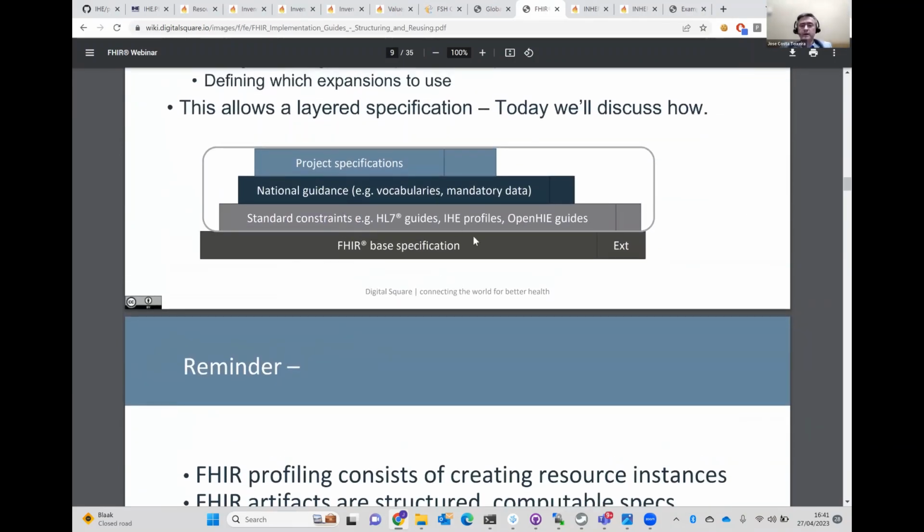Correct. So I used these slides before. So you have FHIR base, and you can have standard constraints like a pyramid building on top of this, and you can have your national guidance, and then everyone can do their own things. But if I want to be conformant with the national guidance, then most likely I will depend on it to not deviate from it. So,